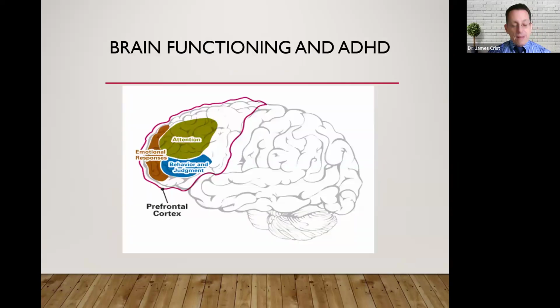All right, let me talk a little bit about ADHD and brain functioning. ADHD is a neurobiological disorder that impacts, we think, about 9% or so of children and teens today. It's not the result of bad parenting, watching too much TV, a lack of discipline by parents. Those are not causing ADHD, or playing too many video games, though that could be an issue, which we'll talk about in a little bit. It's a genetically based disorder. It runs in families. So if you have children with ADHD, chances are you have a parent, a sibling, an aunt or an uncle, maybe even a grandparent who most likely has the disorder as well, okay?